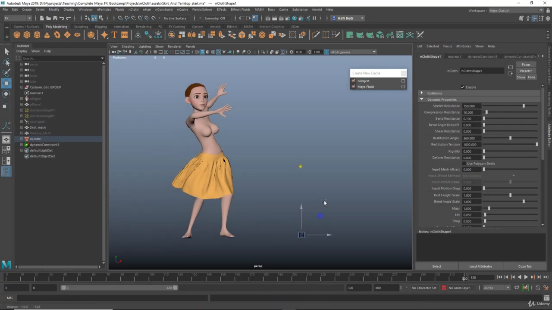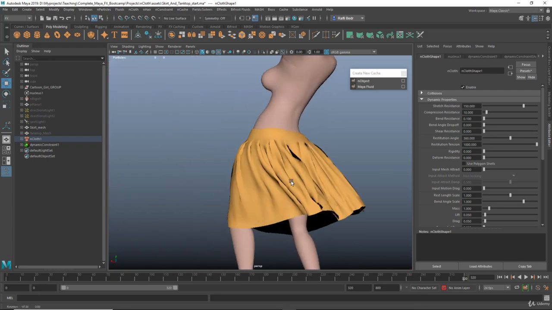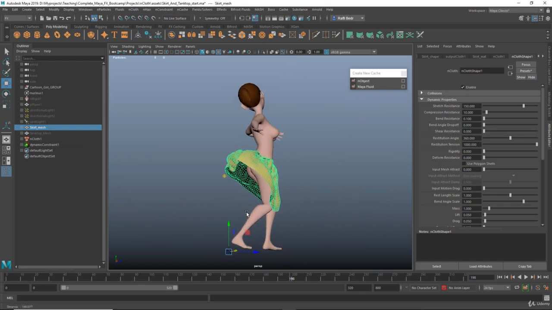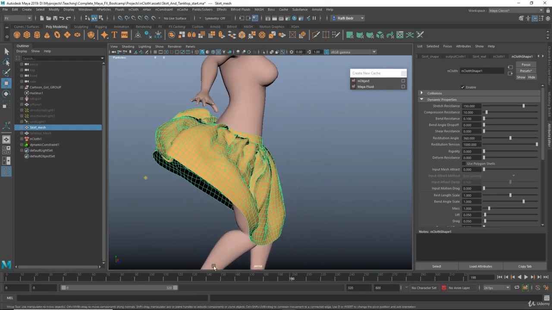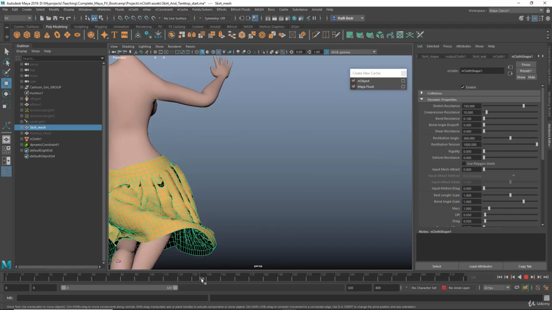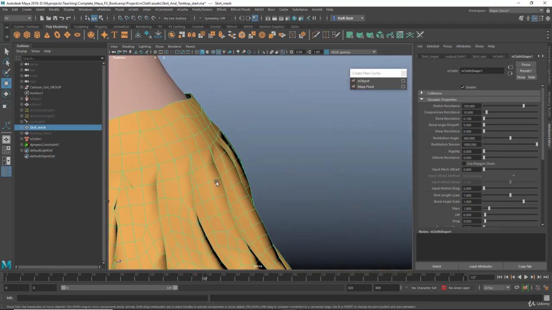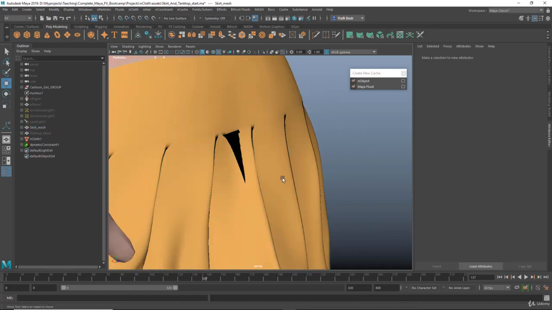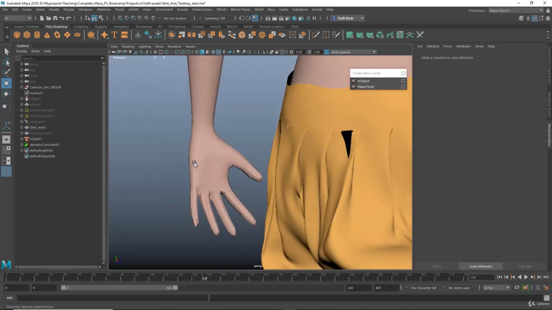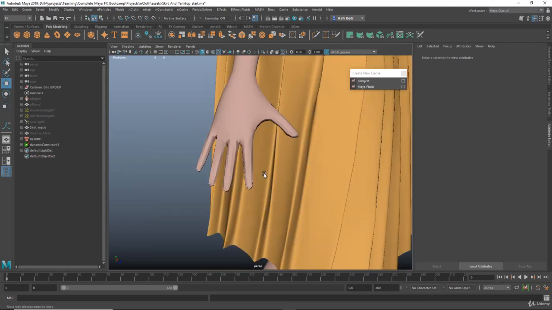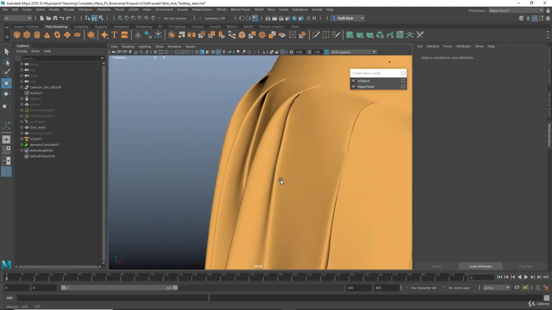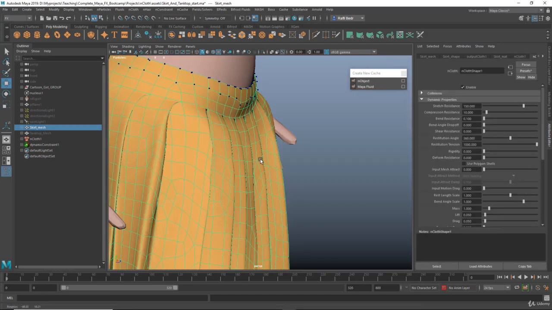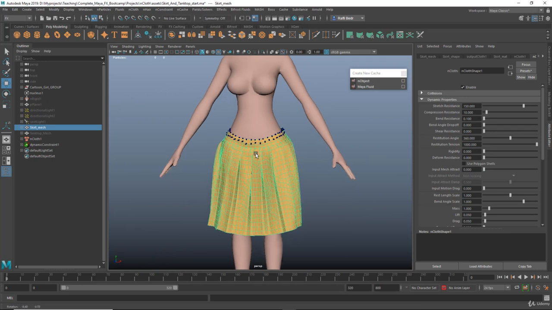The cache is finished. So let's take a look at the result. As you see, we have some problems there. If I scroll that, let's see. As you see here, we have some intersection between the polygons. If I hit 3 on the keyboard, we can see that better. The reason is, if I go to the first frame, notice how the polygons are too close to each other, as you see. And we can fix that by going to